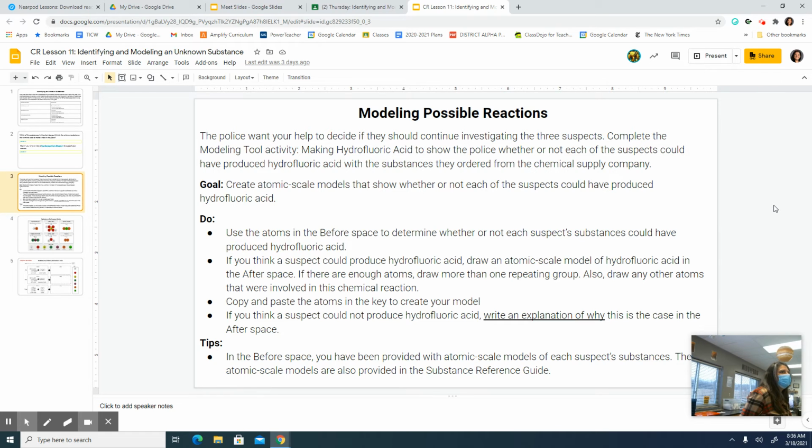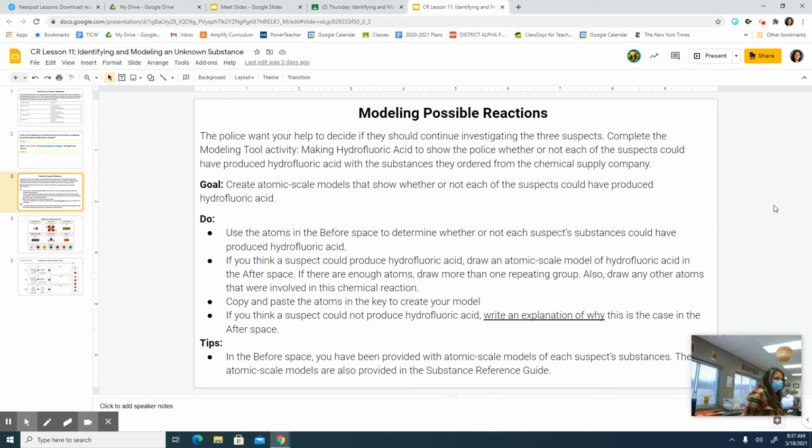If there are enough atoms, draw more than one repeating group. So you want to use all of the atoms given. Also, draw any other atoms that were involved in this chemical reaction. Copy and paste the atoms in the key to create your model. If you think a suspect could not produce the hydrofluoric acid, write an explanation of why this is the case